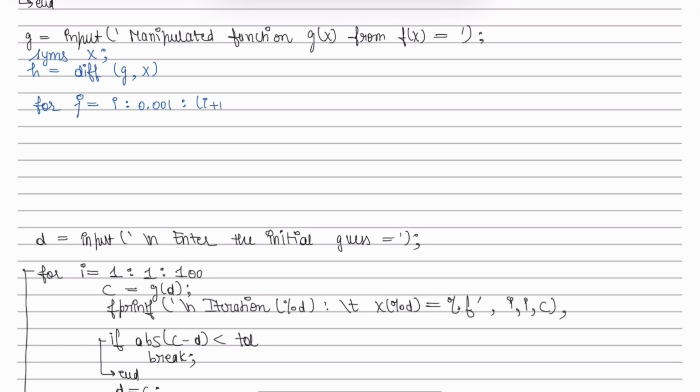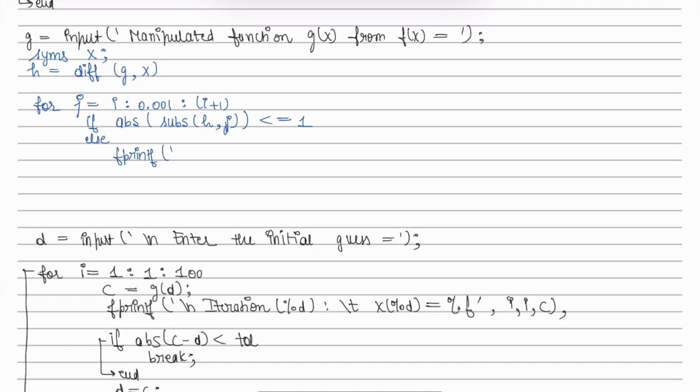till i plus 1. Now check if the absolute value of h at every possible point j is less than or equal to 1 or not. If this thing is satisfied, then we have no problem, else we will